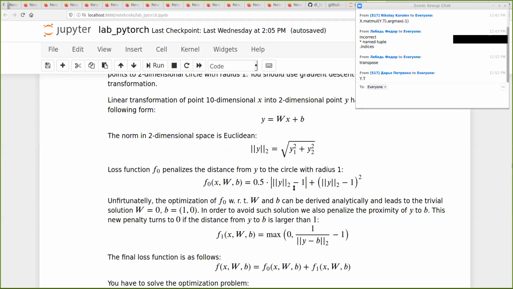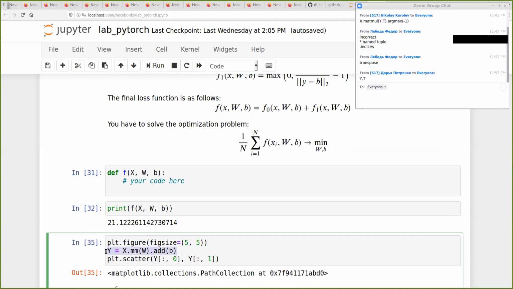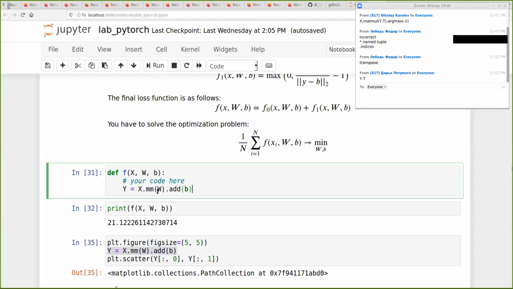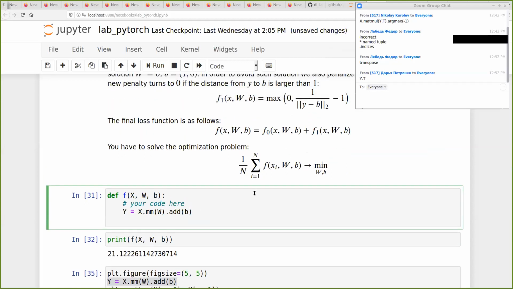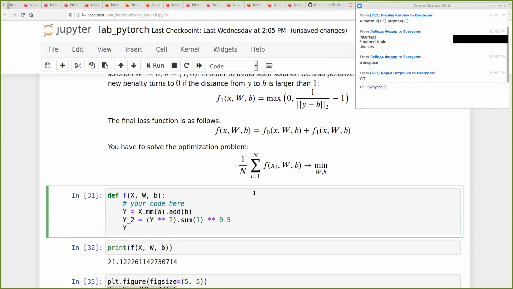So first of all, we compute our transformed points. That's it. Now we compute their distance to 0. Well, quite simple as well. Also, we compute their distance to the bias. We will need to put it into the second loss, so y minus